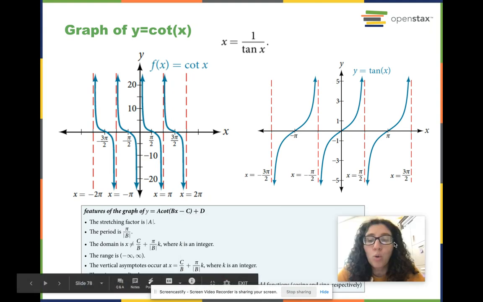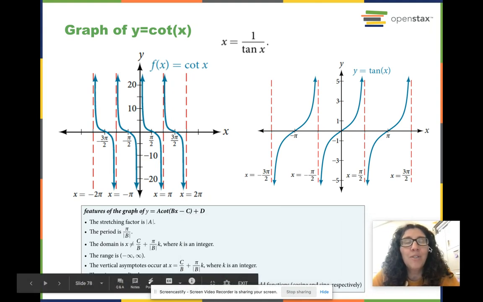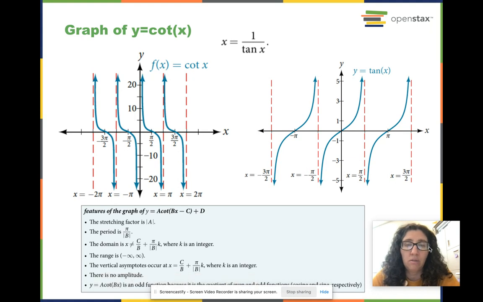All right, what about cotangent? Cotangent is even more obscure than tangent. Okay, this is like not in the scheme of using math in practical ways, not that important. However, we're in trig, so we have to learn it. So let's observe a few things. Cotangent, remember, is 1 over tangent,